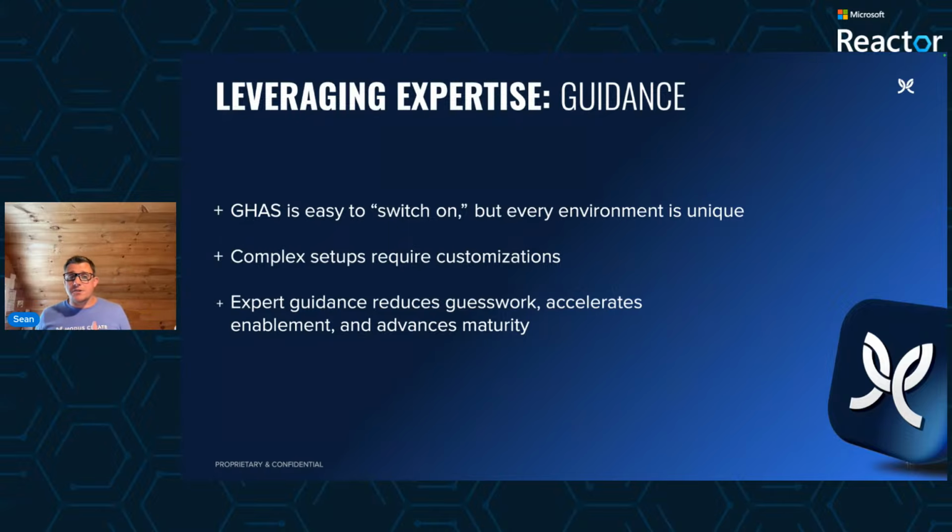We worked with a large retailer that was enabling GHAS across several thousand repositories spread across several dozens of GitHub organizations. Now, at first glance, it sounds kind of simple, just switch on GHAS everywhere. But the reality is far more complex. Each organization has its own CI/CD setup, and in their case, that meant BuildKite for pipelines and JFrog Artifactory for private artifact registries. The default GitHub configurations just weren't going to work out for them.